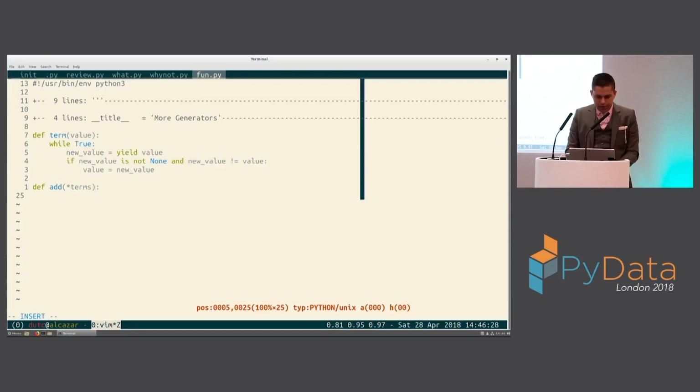And this, again, will be something where we set the value to none. And what we'll do is a while True, and we'll say value equals sum of next t for t in terms. Okay? And you can see we can do add term 1, term 2, term 3. And by virtue of these being